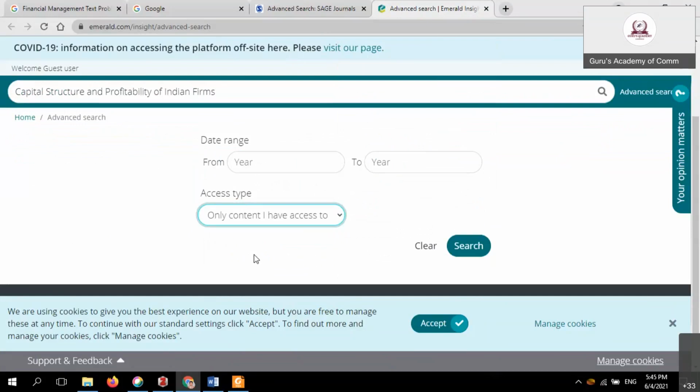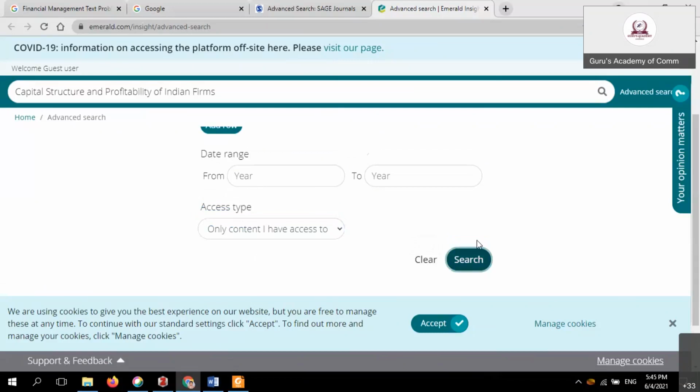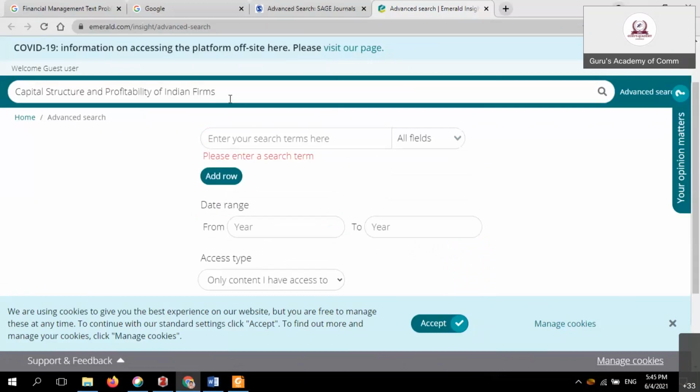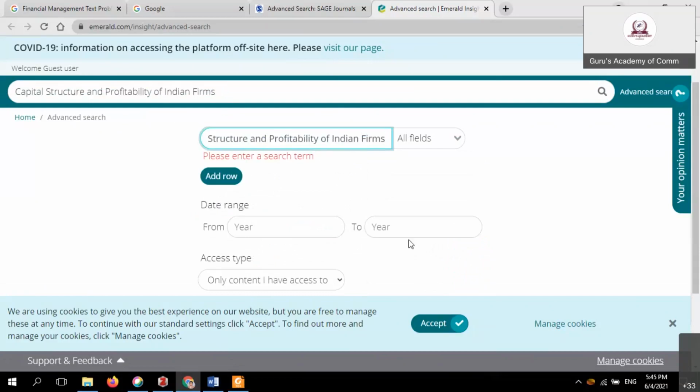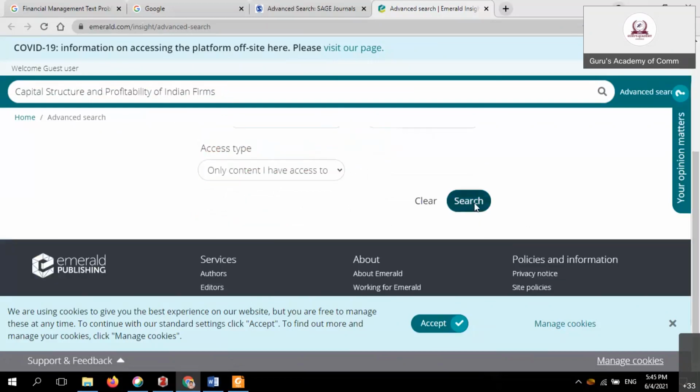It is very easy, so if a PDF is available, download it from your Zotero. Now I search the concept. Now pasted here the title of the search. Now enter, content I have access to, simply search.